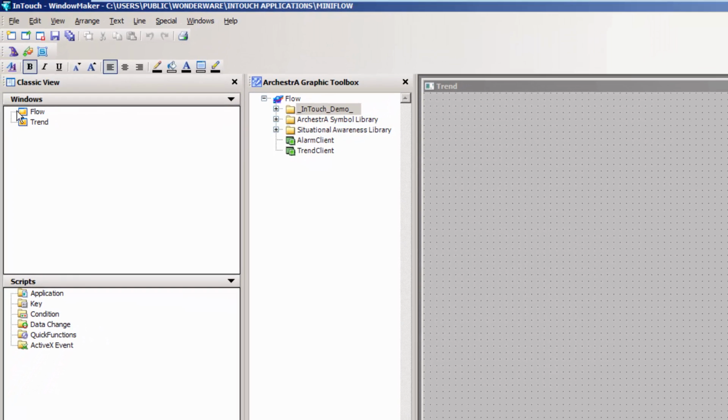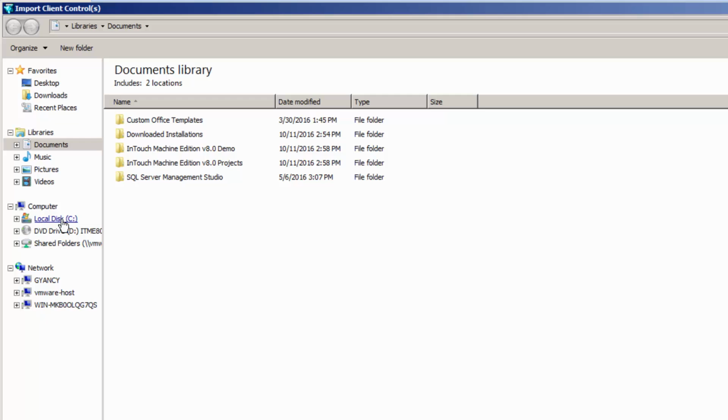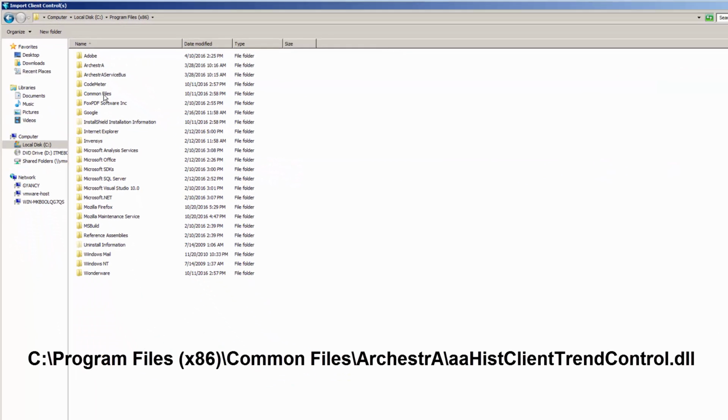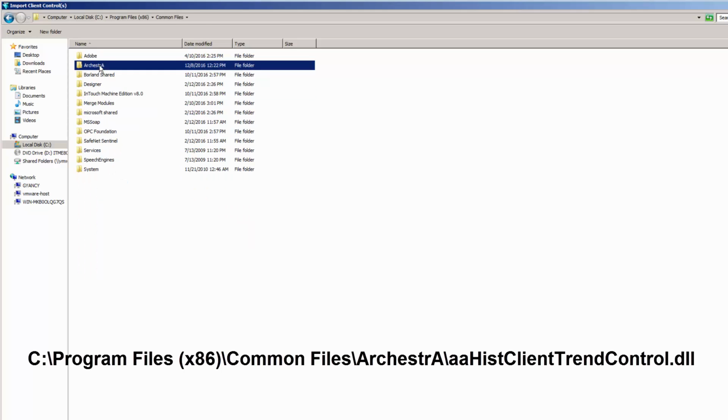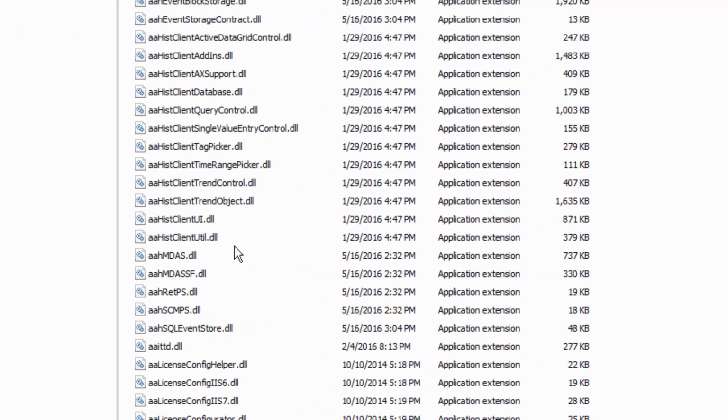In order to do so, I'm going to go to File, Import, Client Control. Then once here, I'm going to my C drive, then to Program Files, Common Files, Orchestra, and then I will scroll down until I find the AA Hist Client Trend